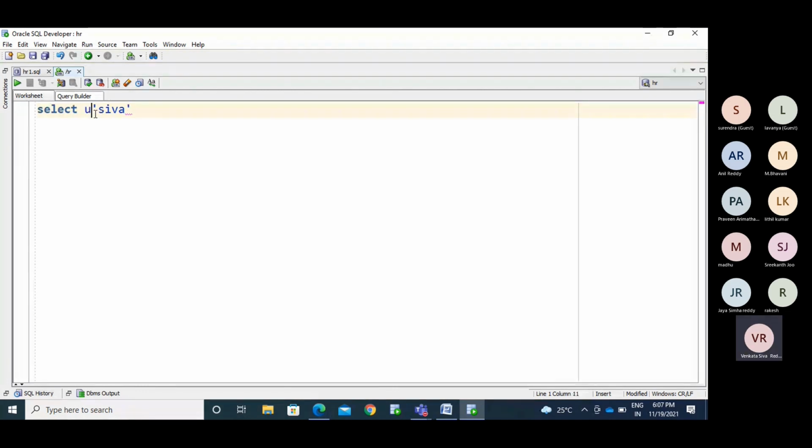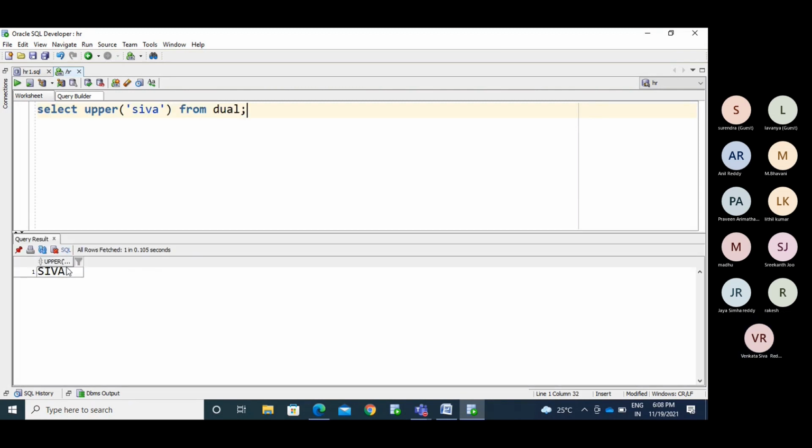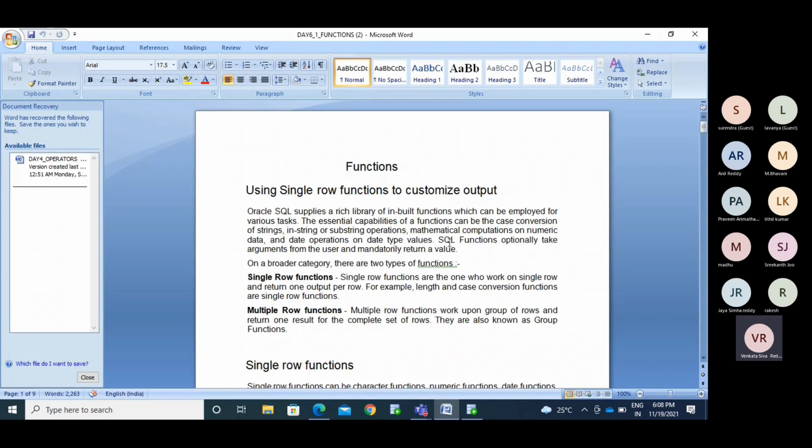the upper function. We have functions like upper of this. You are providing the input and you are expecting some other output from it. See, that name has been converted from lower to upper. You provide the input as a small letter and get the output as an upper letter. So a function will help you take the input from one value and provide a different value. It takes the input and provides the output for us.